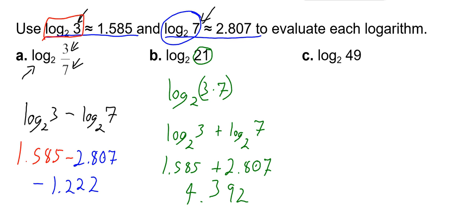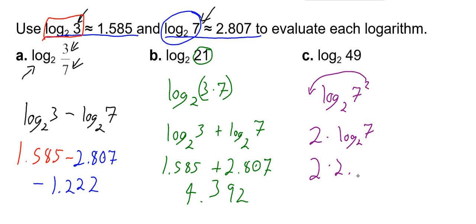Okay, and our final one over here is log of 49, so I should think, oh, well, this is log base 2 of 7 squared. This exponent can be brought down in front, so I get 2 times log base 2 of 7. Log base 2 of 7 is, by substitution, 2.807, okay,